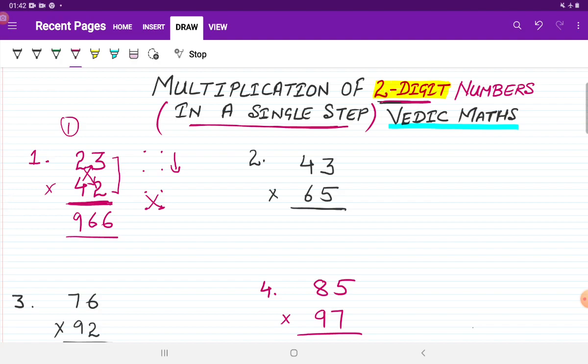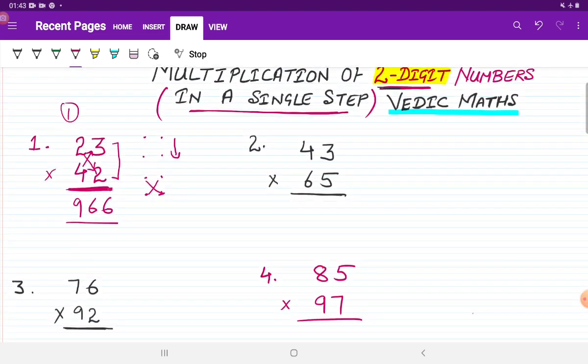Please watch this video till the end so that you can clear all your doubts by taking different methods, different numbers, big numbers and small numbers, because somewhere a two-digit number is coming and in some cases a three-digit number is coming. Then what to do? For that you should watch till the end.